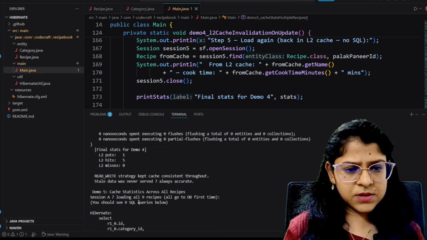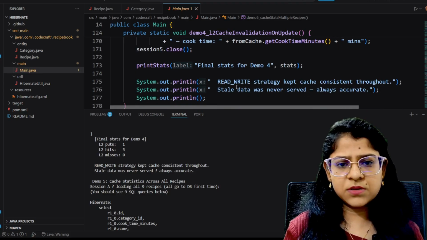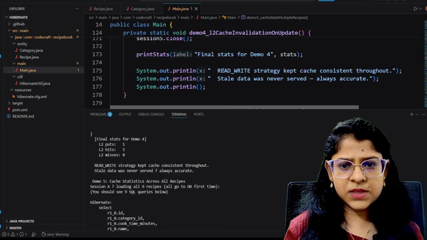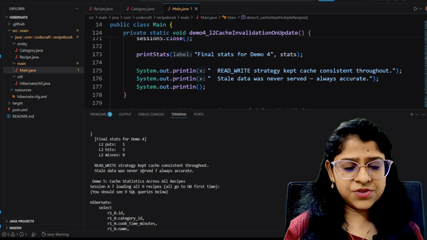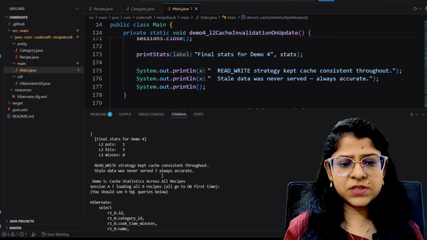Okay, so here you got final statistics for the demo 4. Here this one: L2 puts 1, L2 hits 5, L2 misses 0. Okay, and then this statement got executed, that is redirect strategy kept cache consistent throughout, stale data was never served,